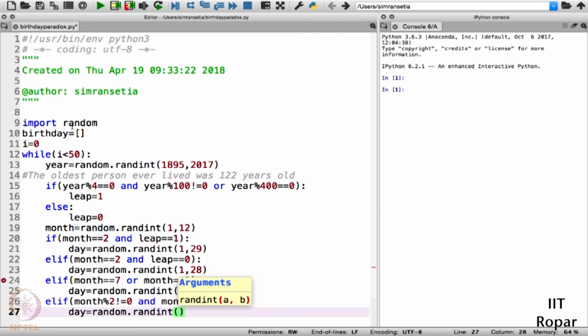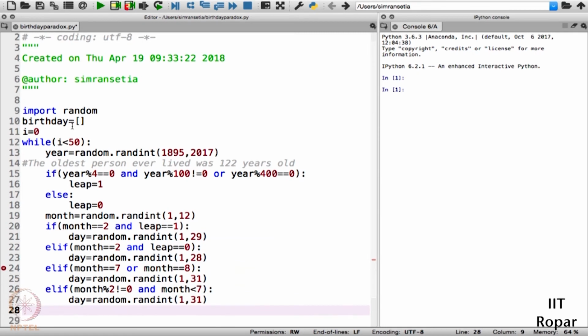Why am I writing so? Because if the given month is an odd numbered month and month is also less than 7, then we will have to generate the days from 1 to 31.